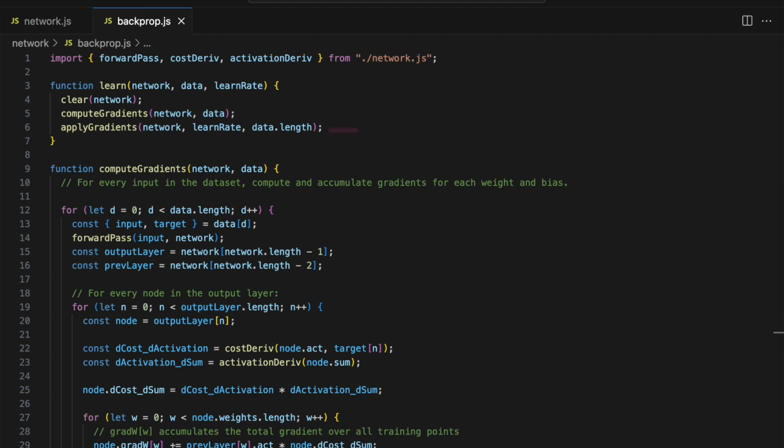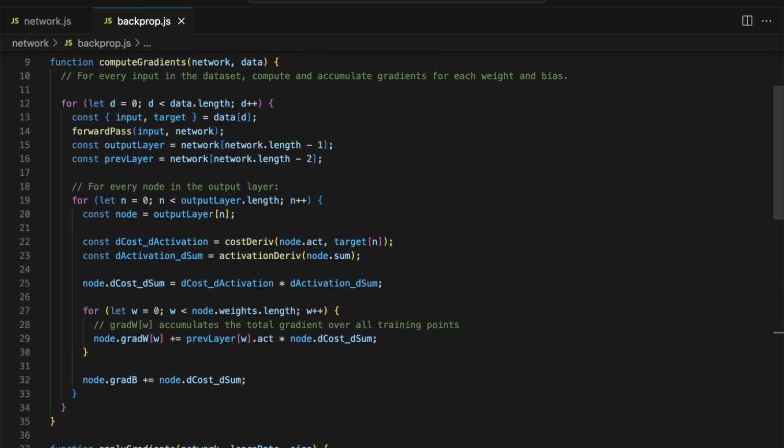In compute gradients, we go through the entire dataset. For each input, we run a forward pass. Then, for every node in the output layer, we compute how the cost changes as the activation changes, and how the activation changes as the sum changes. We multiply those two together to get the node gradient, which we then store as a property on the node. To get the weight gradients, we multiply the node gradient by the activation from the previous layer, and accumulate that